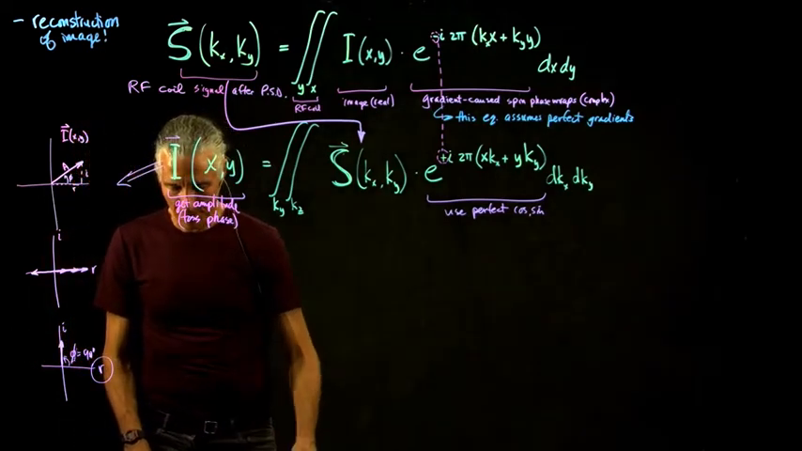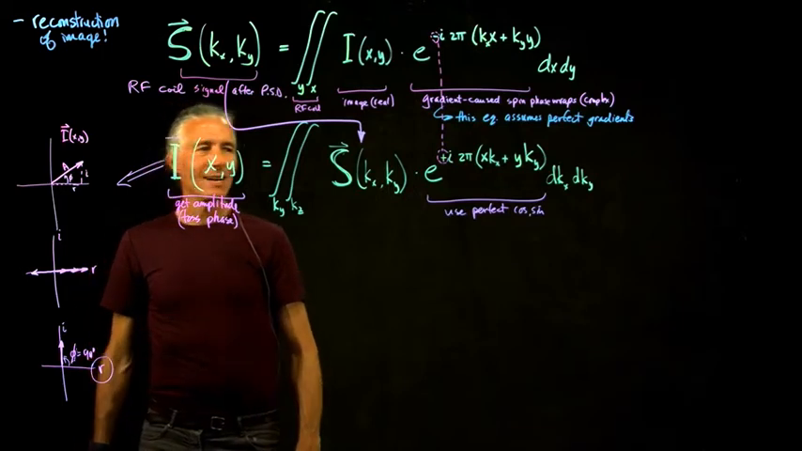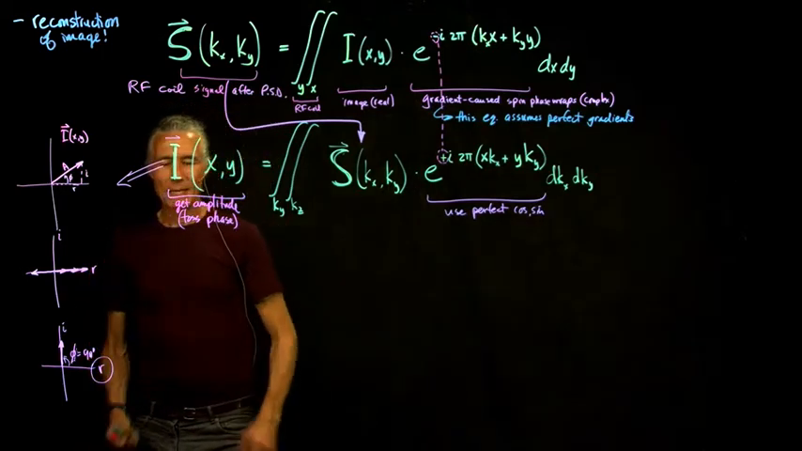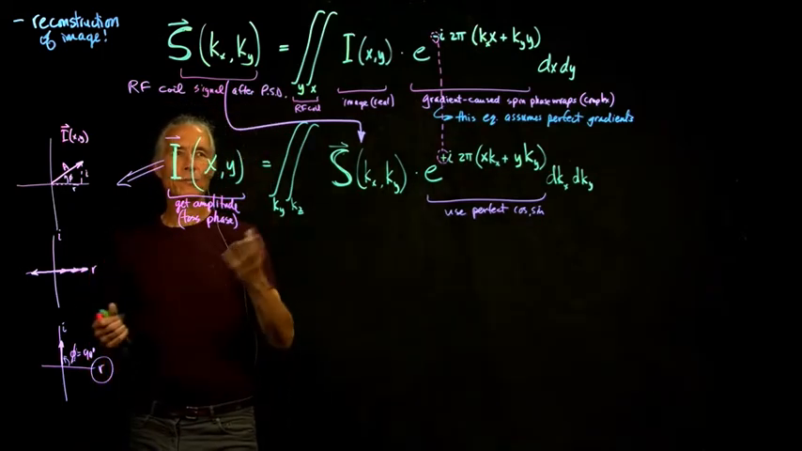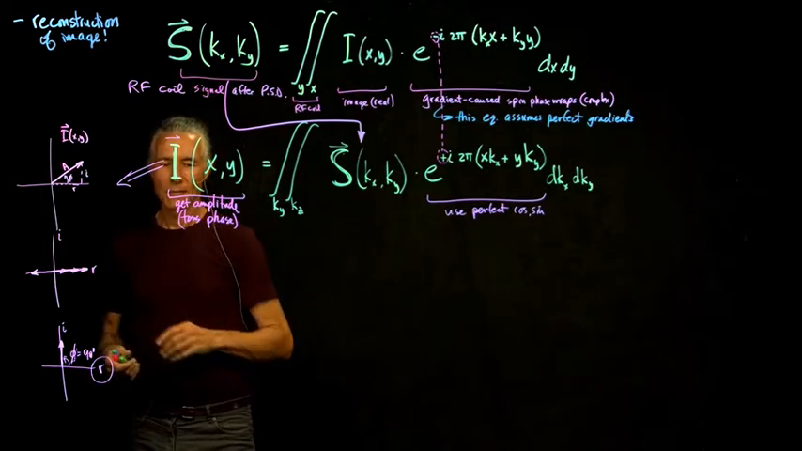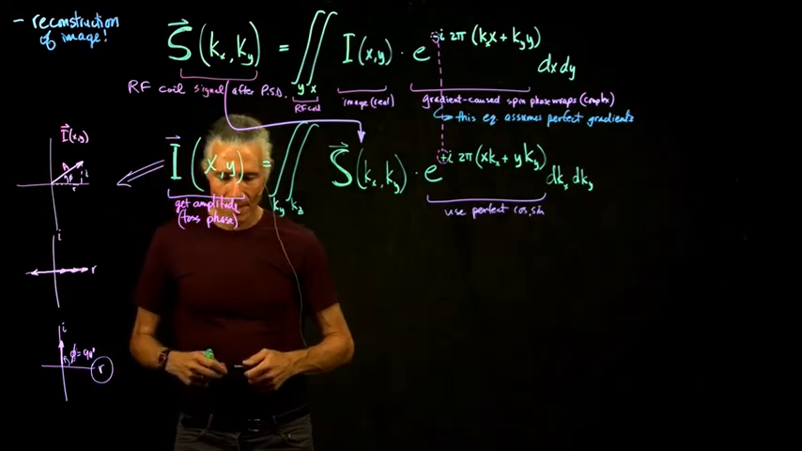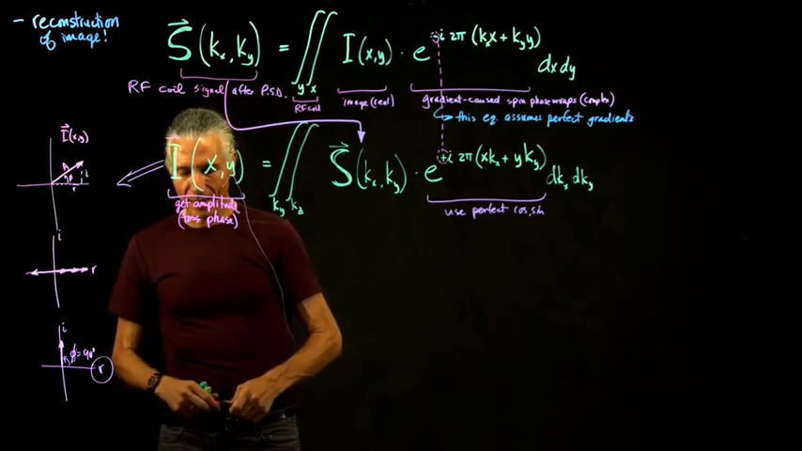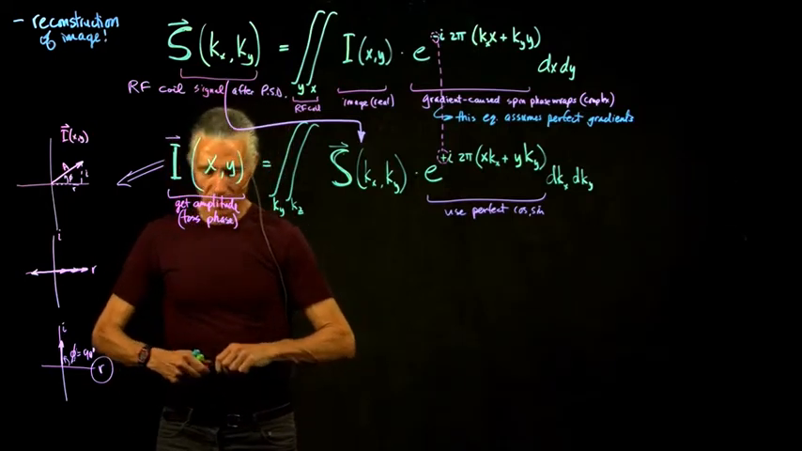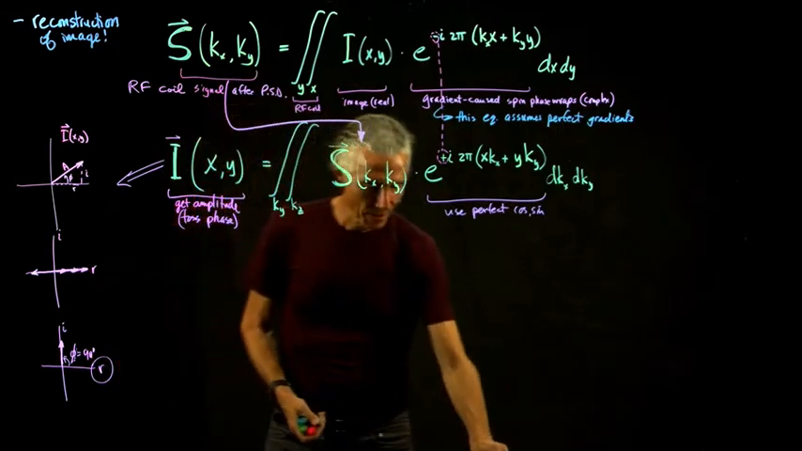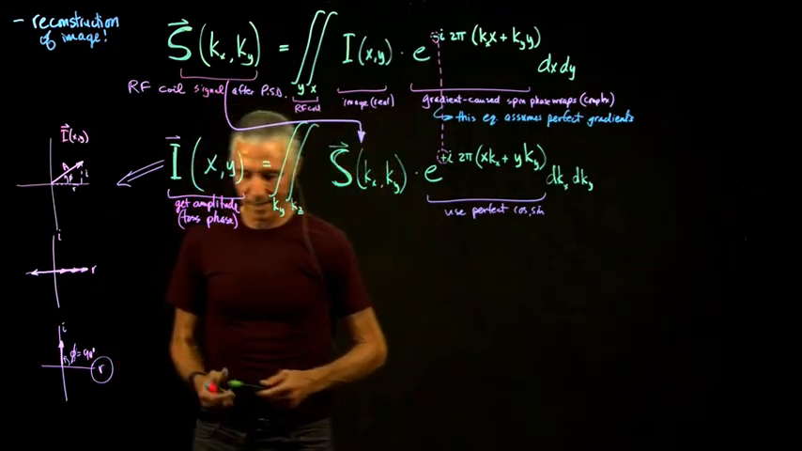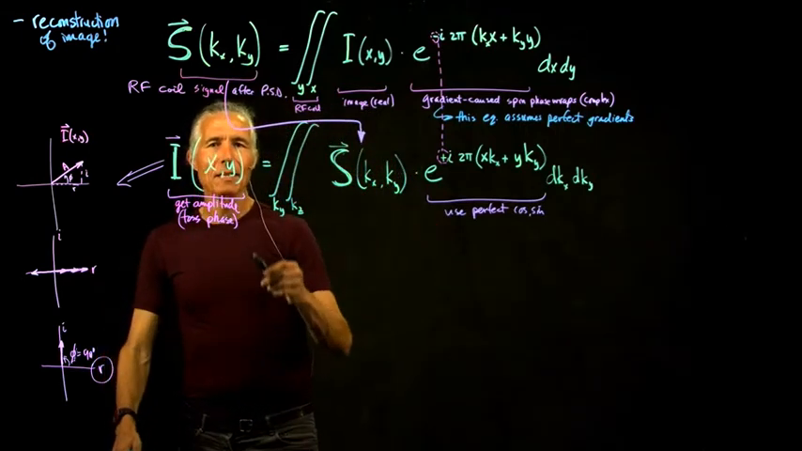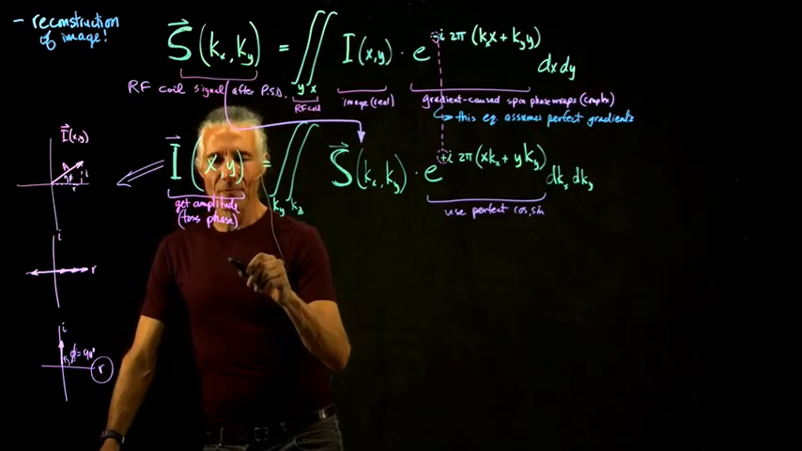Okay, so now, how is this actually done? I drew this out as a 2D Fourier transform, but how is it actually done in practice? It might be worth just going over this quickly. So the way it's done in practice, if we look at